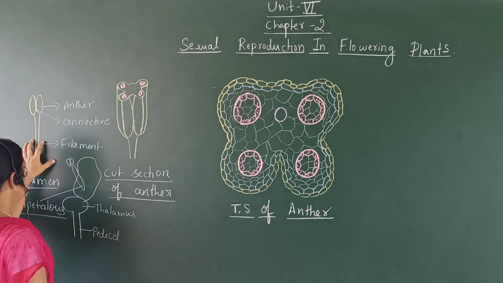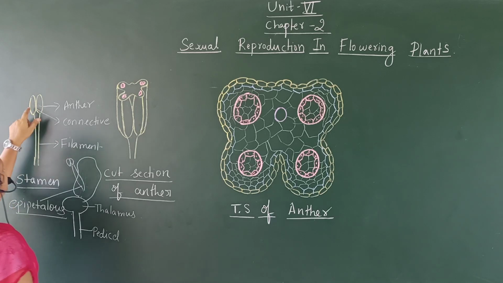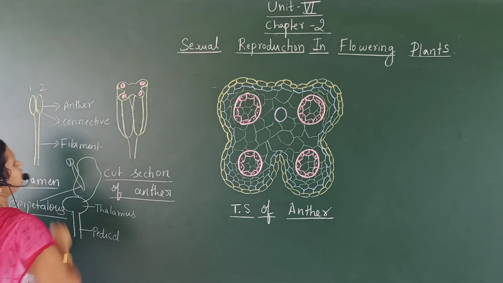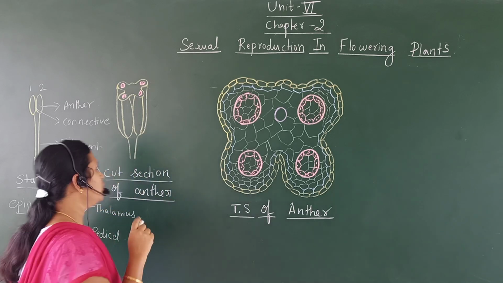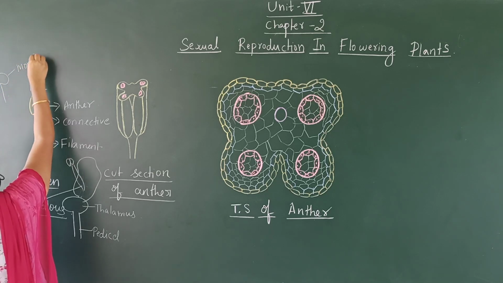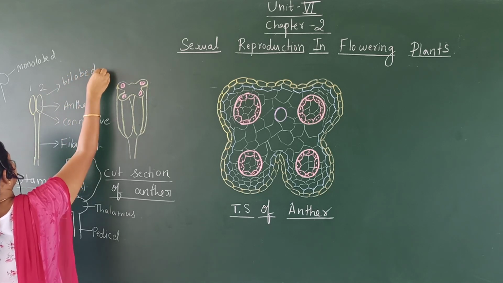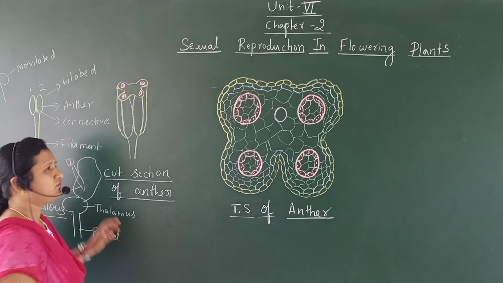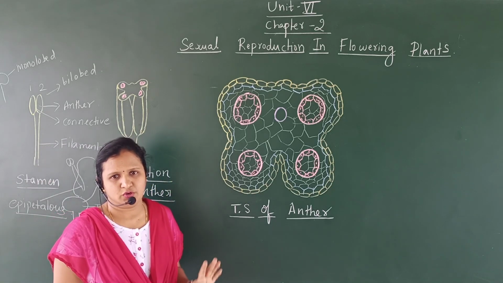If you examine the detailed structure of this stamen, that is an anther, with two lobes of anther. Generally in all the flowers, there will be two lobes of anther. Only in some flowers like hibiscus, only one lobe will be present, and this is called monolobe, and this is called bilobe. In all the flowers, the anthers will be of two lobes, called bilobe. Only in some flowers, that is in hibiscus, which comes to the family Malvaceae, it will be monolobe.